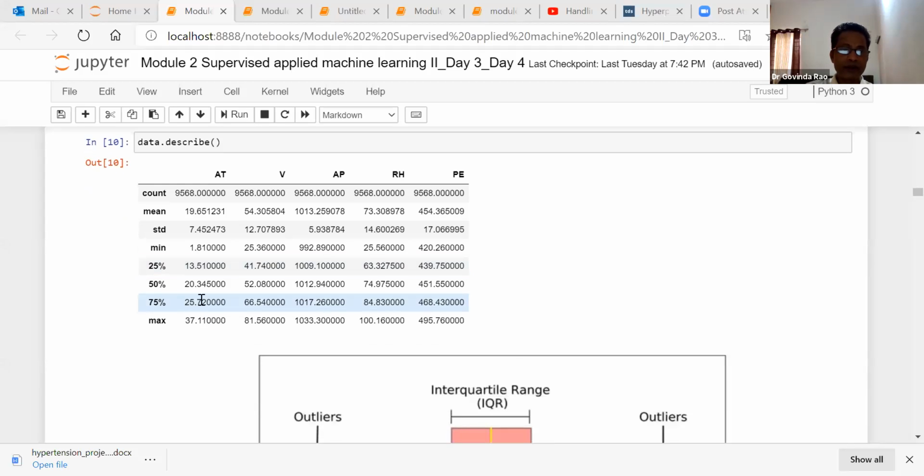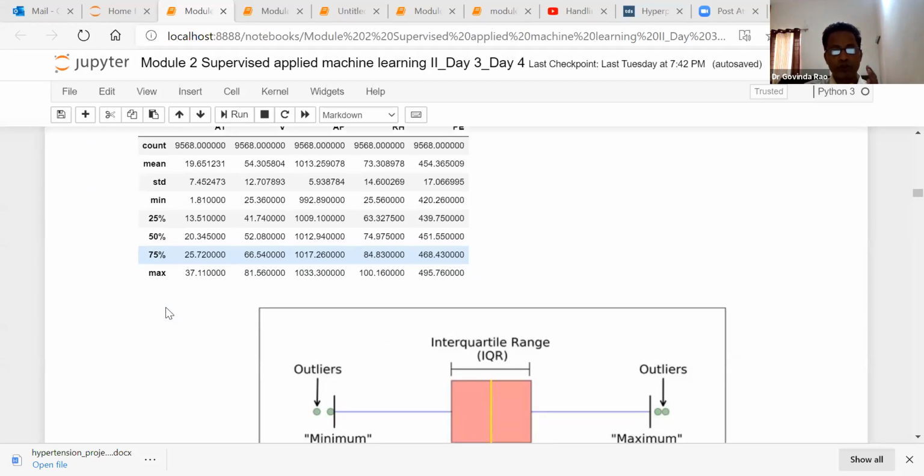This is the value for the 50th percentile and the 75th percentile. So what is the importance of studying the quartiles in our data exploration or in data modeling?